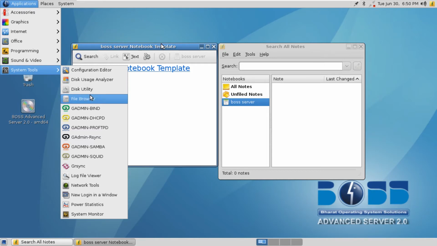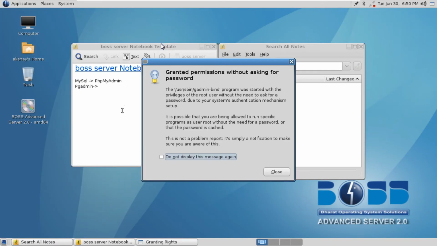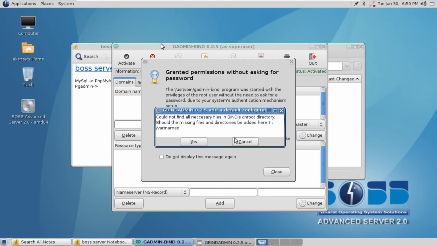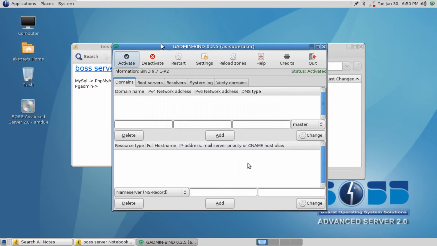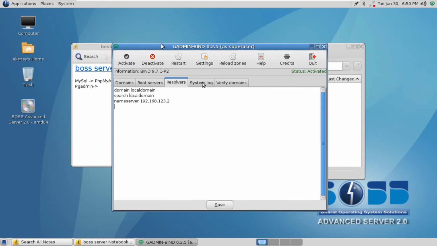Let me show you about GAdmin-BIND. So many are there. Okay, GAdmin-BIND. Navigate through these operations, whatever I'm doing. You can check all these details.